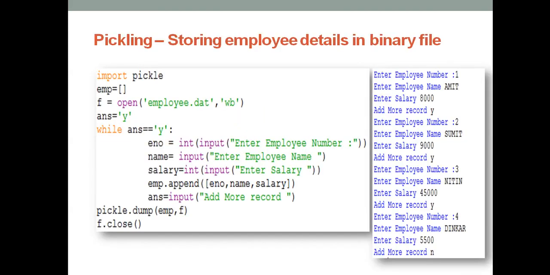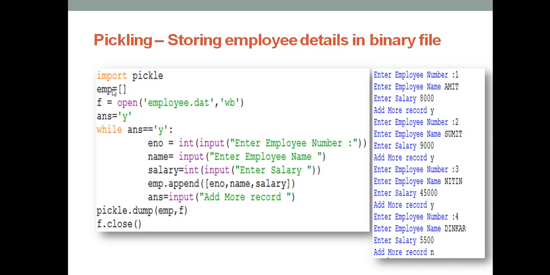Now suppose I want to store multiple records here, storing employees' details in the binary file. Suppose I want to write onto the disk. You can write the details of employees, details of students, details of items, anything you take. Now you see what the syntax written here is. You just go through this. We'll execute and see it later, but now you at least see here. Can you identify the code? What is written here? We're importing pickle.